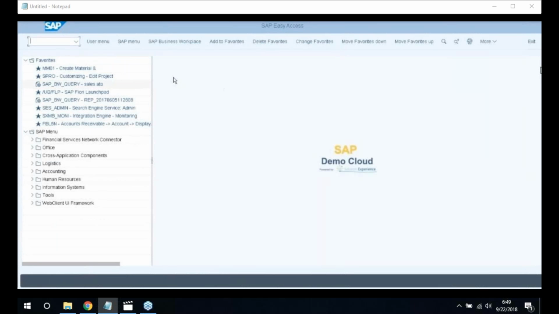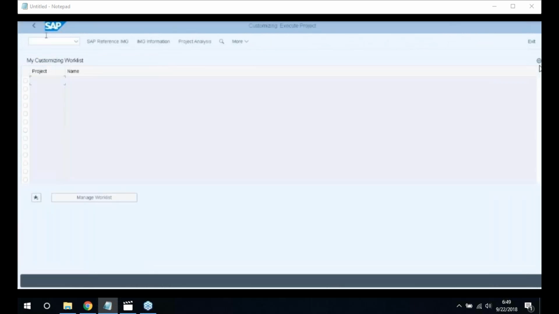Before moving on to complete settings on the new asset accounting, I would like to show you configuration settings of new asset accounting. Let us enter the T code SPRO, click enter, click on SAP reference IMG,